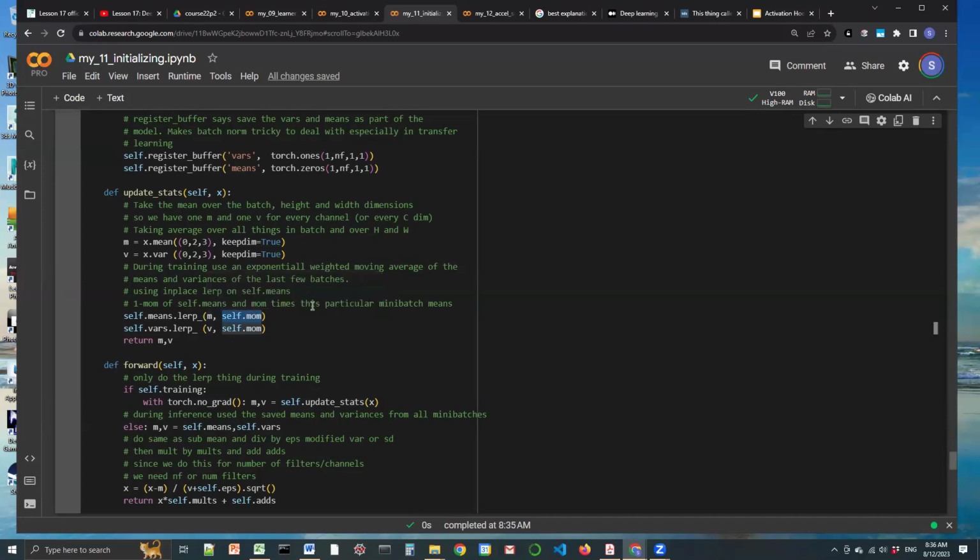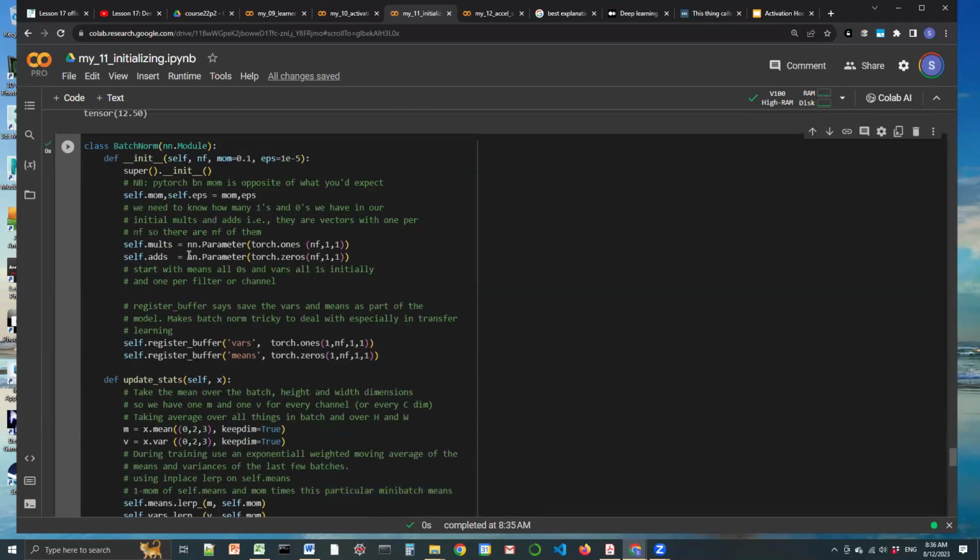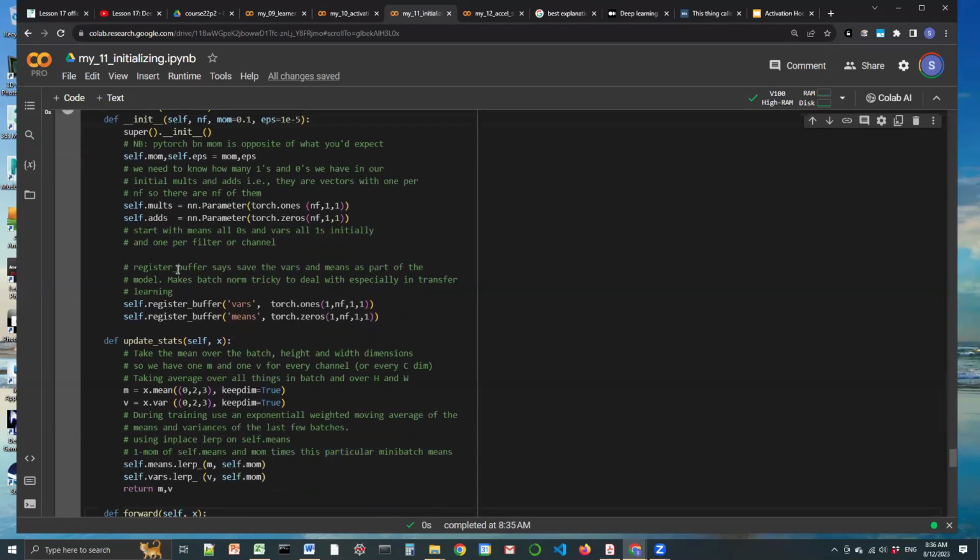The current value is the value calculated for this particular mini batch, which is the current value of m. But it knows to take the second input from the average of m up to this point. Okay, from the average of m. Because self.means is